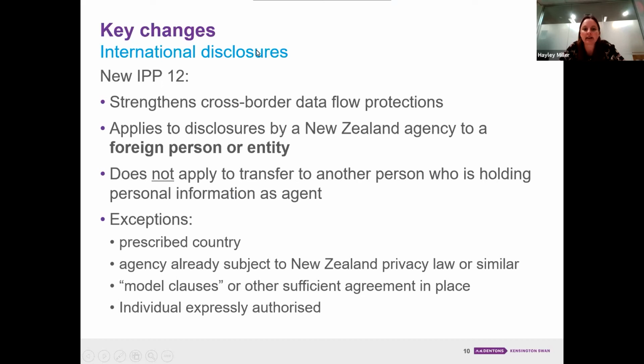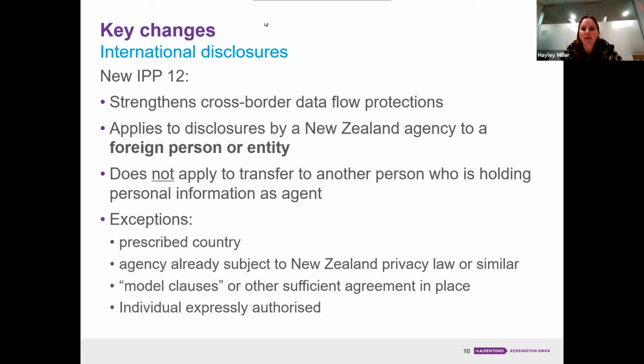I wouldn't be surprised if GDPR countries, potentially Australia, although they do have some quite significant differences, particularly in terms of employment information and the size of entity that has to comply. So they aren't a shoe-in at this point, and they don't have white status for GDPR. Another exception is an agency already subject to New Zealand privacy law. So as I said, the branch in New Zealand that's fully doing business in New Zealand are most likely to be covered. Model clauses, and these have finally just come out. In case you missed the announcement this morning, finally by the Privacy Commissioner, they actually slid them in just before Labour weekend, and most people spotted it yesterday.